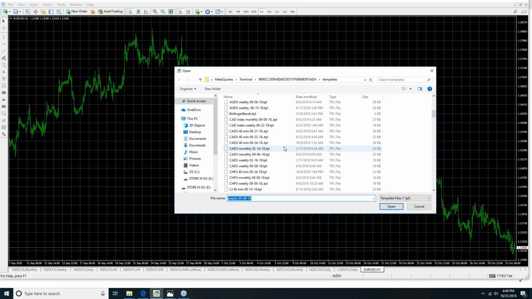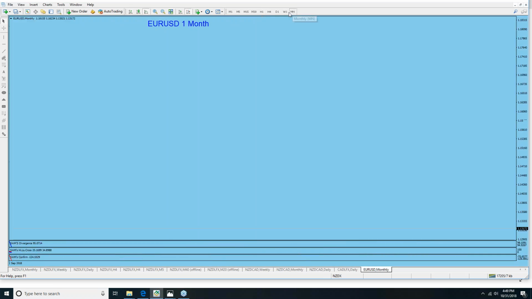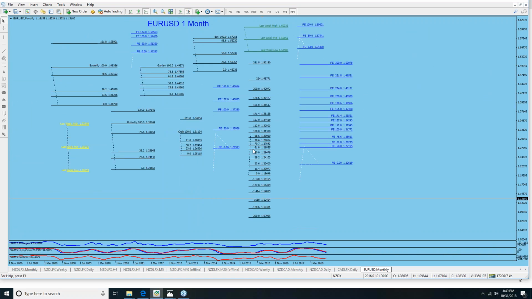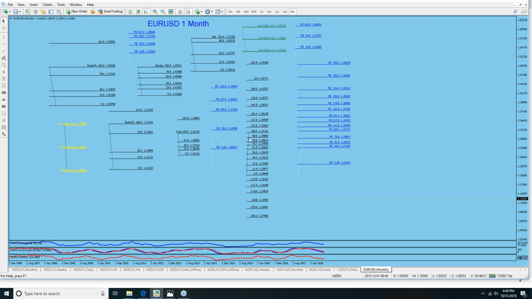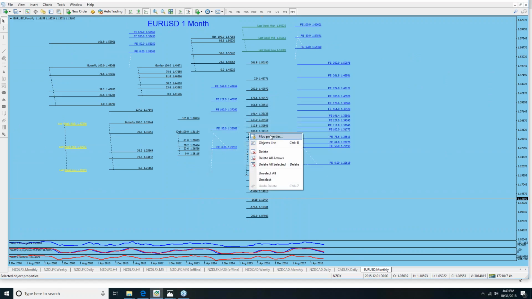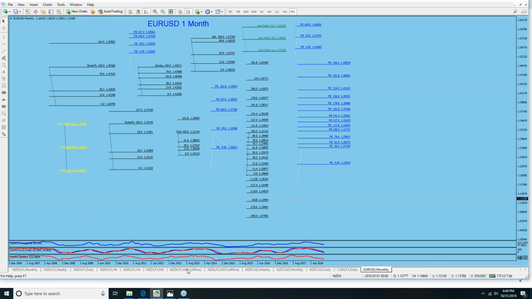Fib tool here, and turn monthly. Here we go, I got it. Okay, all right. So I got it back, and then